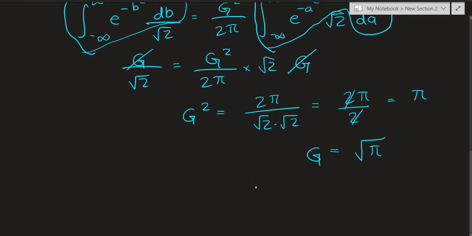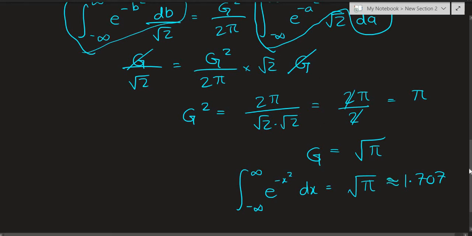And this makes perfect sense because we had our integral defined from negative infinity to positive infinity of e raised to negative x squared dx. So the complete Gaussian integral is square root of pi. What we calculated in the previous two videos was half of the Gaussian integral. So we had square root of pi over 2. So square root of pi, incidentally, I'll make a correction now. For the last two videos I've been stating the wrong value, it is actually about 1.707.